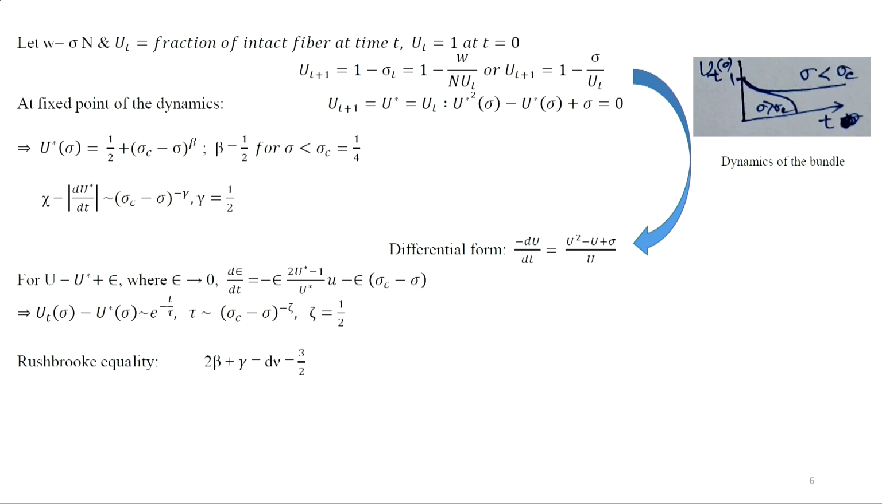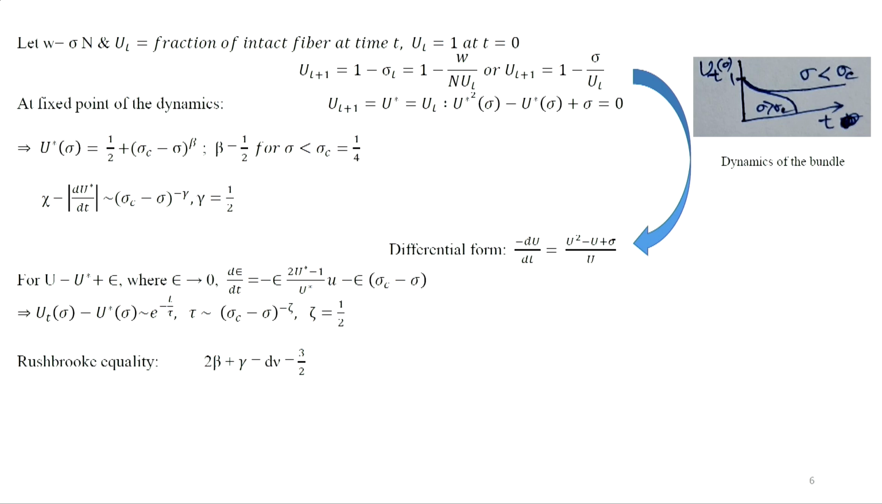If the fraction of intact fibers at time t is denoted by U(t), then U would be 1 to start with, as you put some load. Then these dynamics, which you can easily find out, U of t plus 1, if you discretize time, will be 1 minus sigma t, because what is the load now? The redistributed load per fiber, sigma t, is the entire load W by N times U(t). This is a simple nonlinear equation, and you can have a fixed point or you may not, and you have a runaway situation. If the load is less than the critical threshold, which in this simple form is 1/4 if you normalize the highest fiber strength as 1,